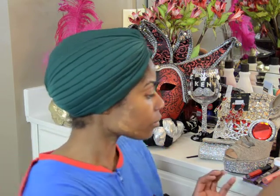And the corners of my eyes because I get a little red there. And voila. All right, now we're going to blend, blend, blend, blend, blend. I have the chicken pox, guys. That's why I'm putting a little concealer on my nose. I scratched it, and yes, it turned into a huge indentation in my nose, and that is permanent. I will never be able to get rid of that. But a concealer,